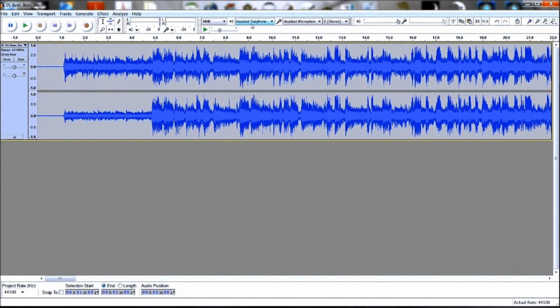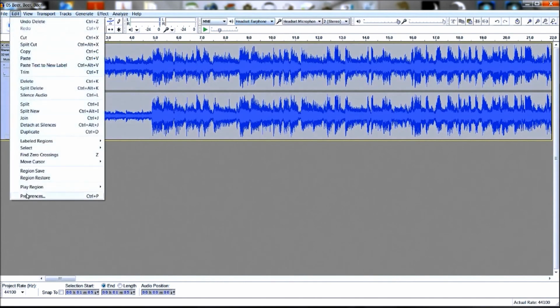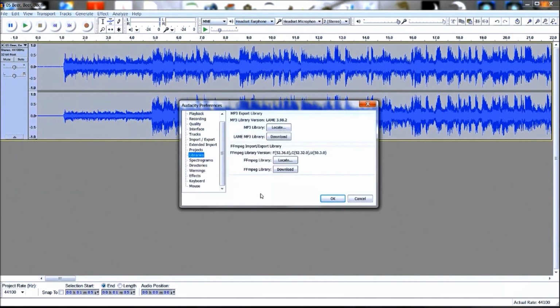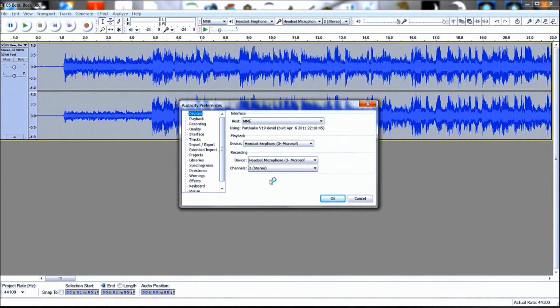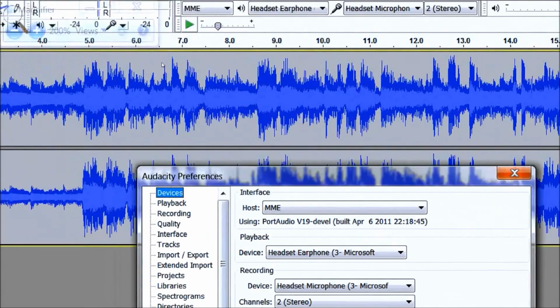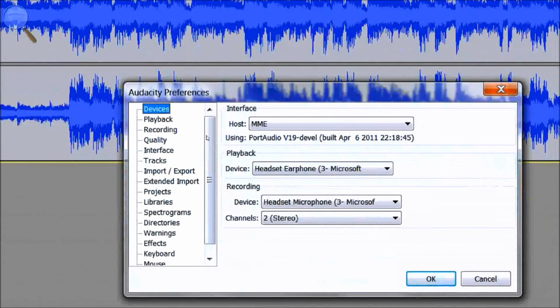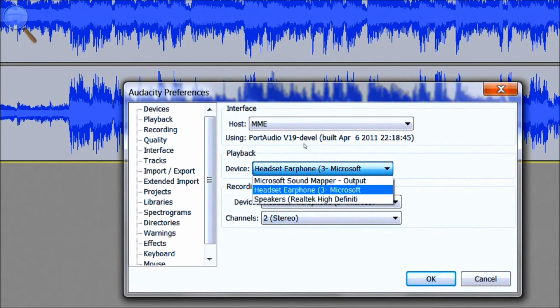possibilities. Oh, one thing I should mention while we're here is the default settings. Exit preferences and go up to playback. Now, let's see, recording. I'll get you there. Devices, here we go. Okay, so we're under Audacity preferences, devices,